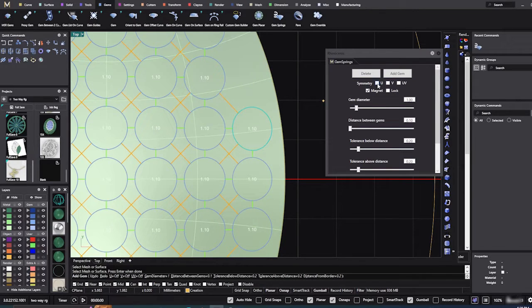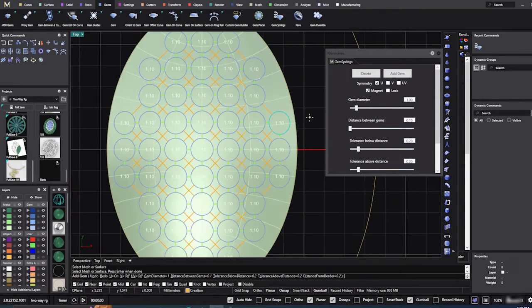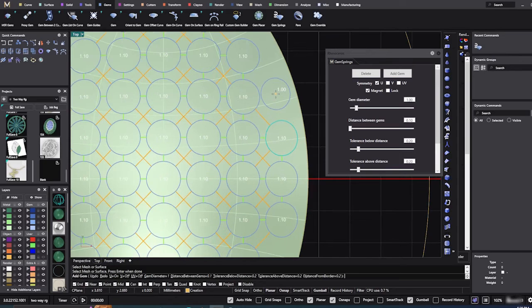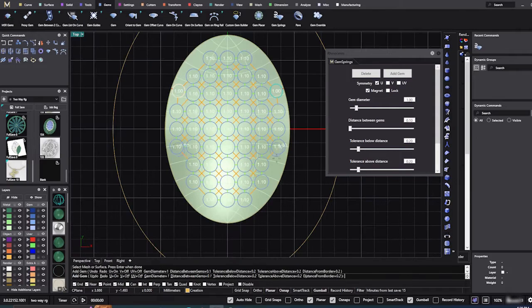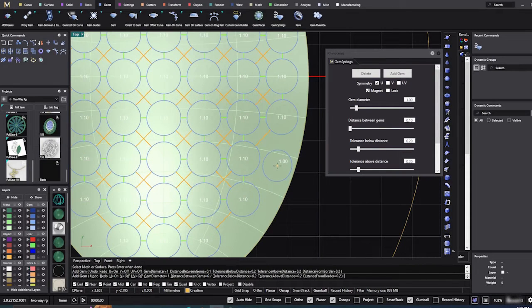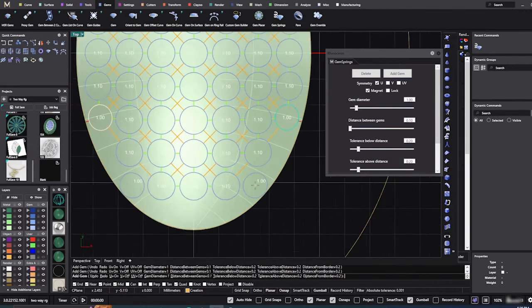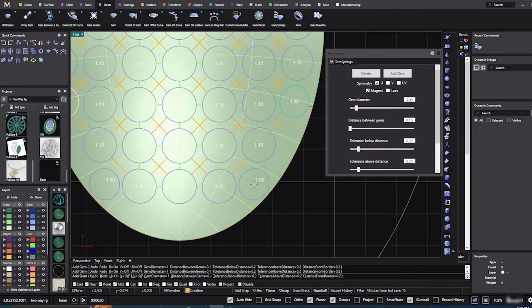So I'm going to also click U direction, so when I put it on there, it's on both sides. So it's going to be the exact same size on both sides. So let's see, about maybe right there. Come down here. Add 1. Let's add it right in here. And let's add it right here